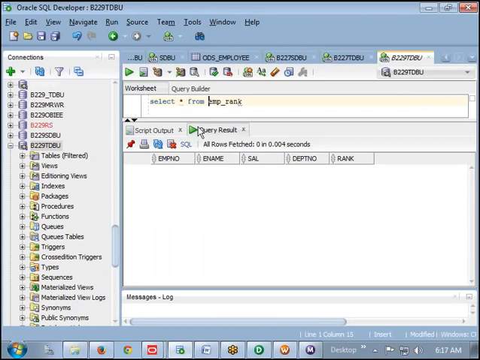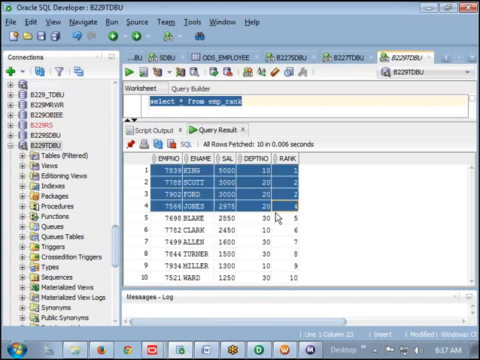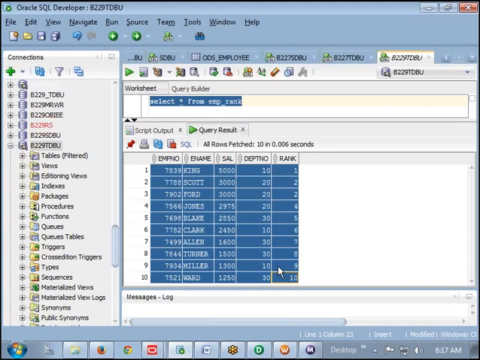Now if you go and see here, you can observe the top 10 ranks you gave. 5,000 is given as 1, 3,000 is given as 2. As the salary is the same, this is also given as 2. Two times this came, that is the reason 3 is skipped and it went to 4. This is what we observed yesterday, right? So rank transformation may have some gaps. The second rank is repeating, that is the reason the third rank is skipped and it goes to the fourth rank. So that is the meaning of the rank transformation.